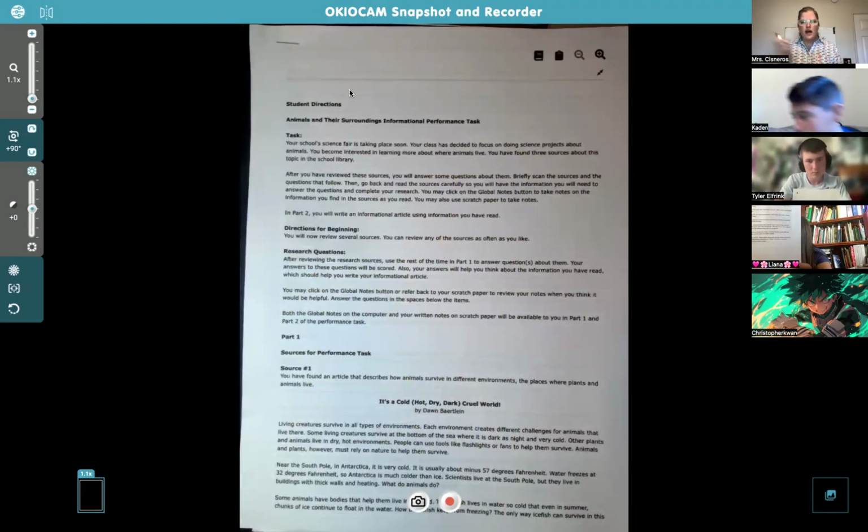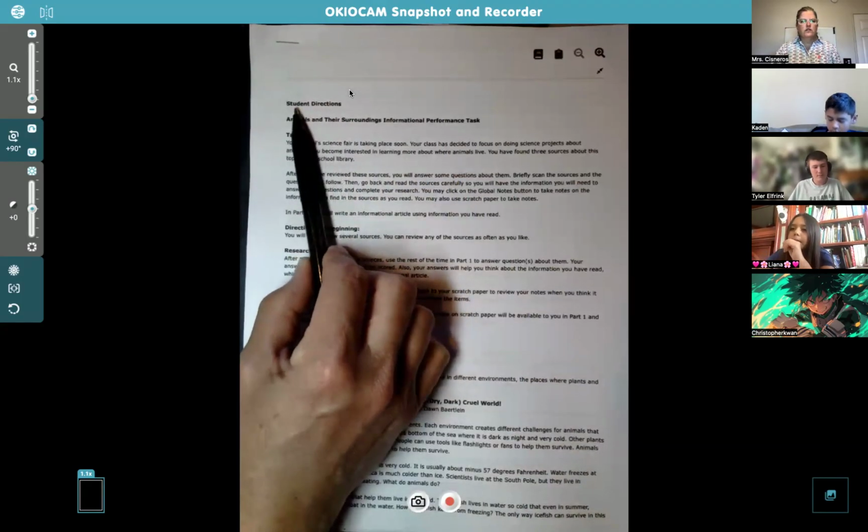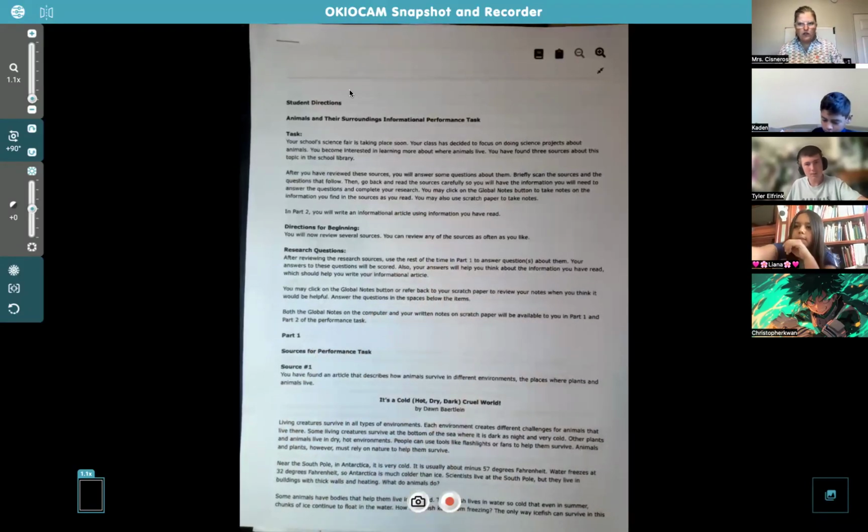What can I use to highlight? What does this do? What does that do? You can't mess anything up. I will say that. Even on the actual test, if you don't have time to figure out all the tools, play with it for a minute when you first log in to see what the tools do. Okay, you guys are all pretty tech savvy. You'll be able to figure it out pretty well. This is the direction. So at the top, and all this is digital. We have it on paper today just so we can look at it together during Zoom class, but obviously you're going to be scrolling.